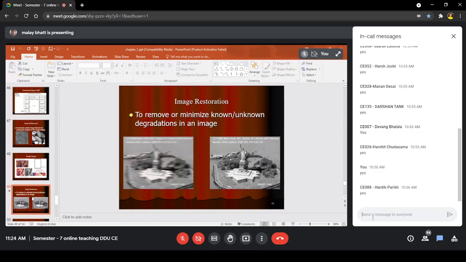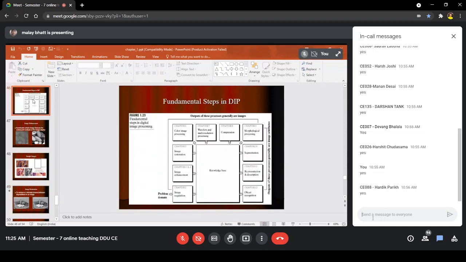It is only possible if you know the degradation parameter, how much degradation was there. Otherwise, if that parameter is unknown and I give you any blurred image, you cannot restore it fully like this. So that's what image restoration is, and that is chapter number 5 of your book.